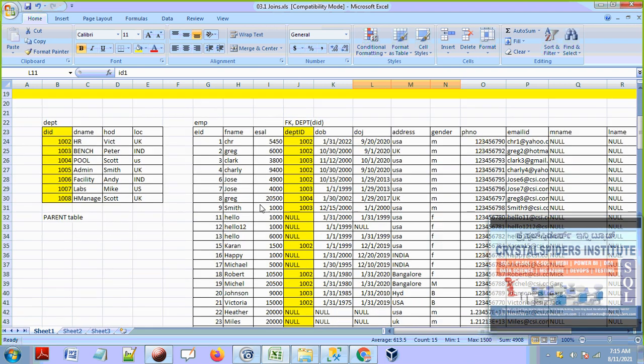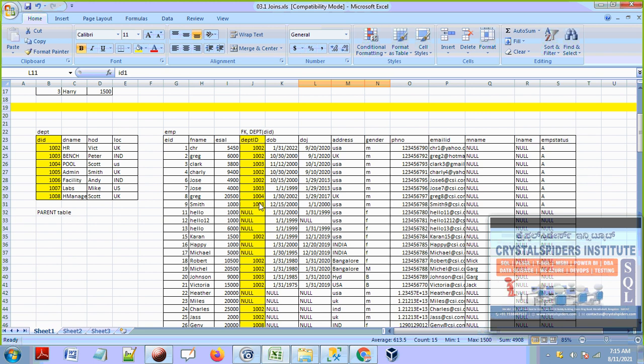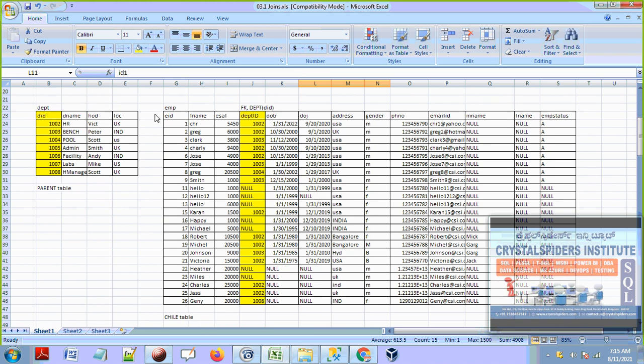Guys, in the last session we remember we created foreign key constraints, right? You see that this is the employee table, and this is the DEPT ID column. Whatever values we put in this column, that value should be available in its reference table and reference column, that is the DEPT table and the DID column. This is what we discussed as part of foreign key constraints.